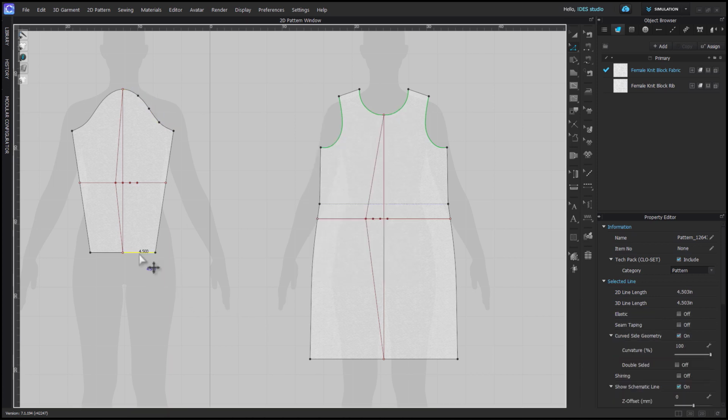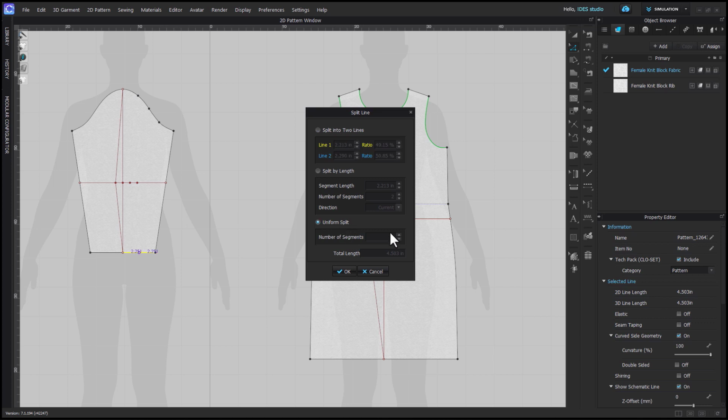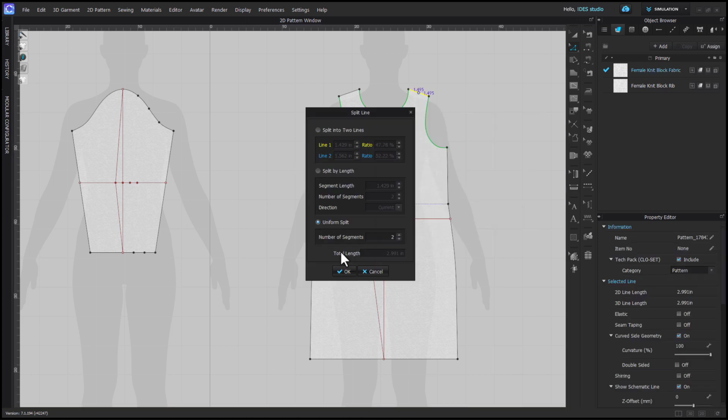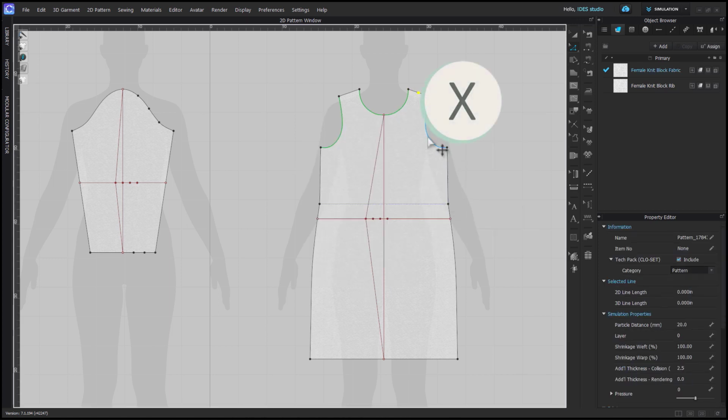We'll do the same thing at the hem, but only splitting it into 3 sections. On the dress, I'm going to add a point by splitting the shoulder into 2 even sections. Then grab your Add Point Split Line tool, and we're just going to eyeball adding a point kind of at the middle of this rounded part of the armhole here, and then about 1 inch below the underarm at the